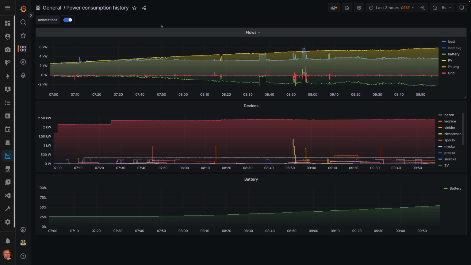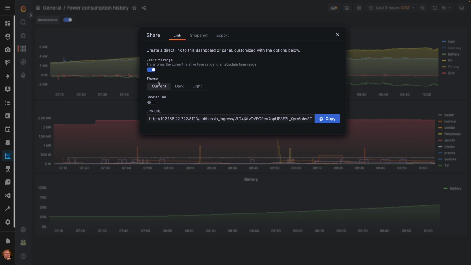And the way it's done is there is this share dashboard button on top, and from there is a link, and I can just grab it. But before I do that, there is this lock time range button, and I like to turn it off, because if it's on, which is by default, it will add from and to timestamps to the hyperlink. So then the dashboard will always use this chart in the time when I was creating the dashboard, and I don't like that. I like this to show always the current time, so I will turn this off,